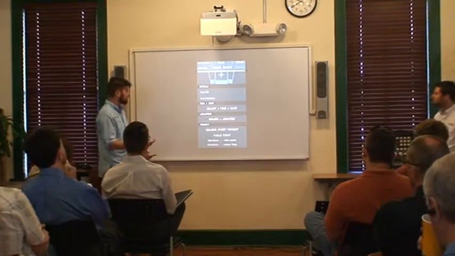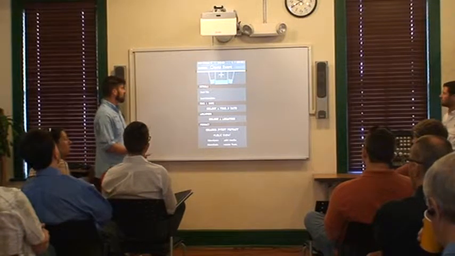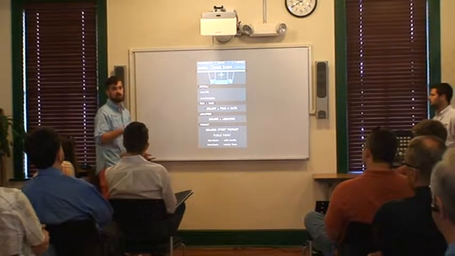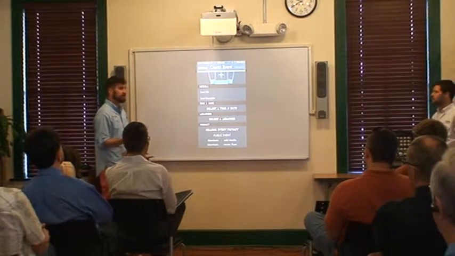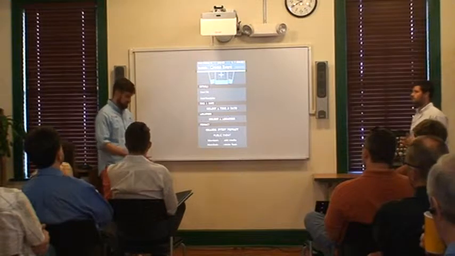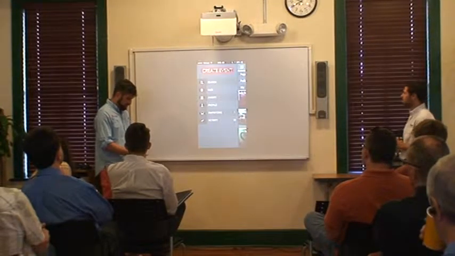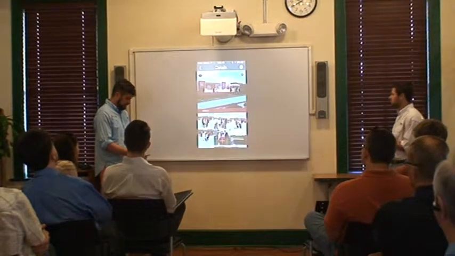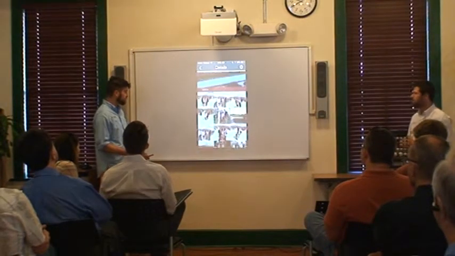Creating events is really simple. Come in, tap the big red button. We ask you to add a thumbnail, give us a little metadata about the event, tell us where it's happening, when it's happening. It creates it right away, allows you to then send invitations to your friends via email or text message. And then from there, what you get is this event experience where everyone's able to now add their content.